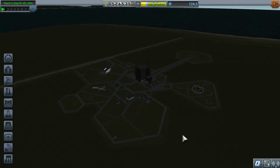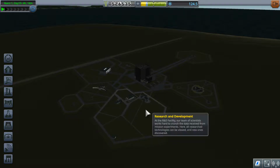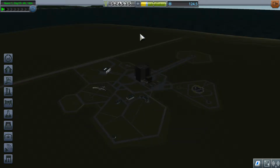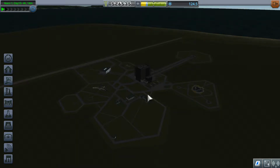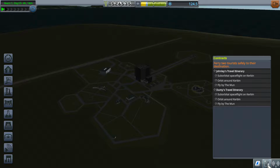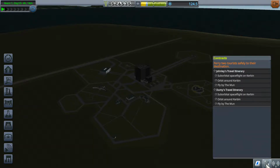We are back from our orbit around the moon, very successful in terms of everything. It all went great. We picked up a bunch of science, and completed, I think, not any contracts, but actually, maybe we did have a contract for that. I don't remember. Doesn't really matter. At any rate, we're back, and so our next step is a little bit unclear, but it seems reasonable to